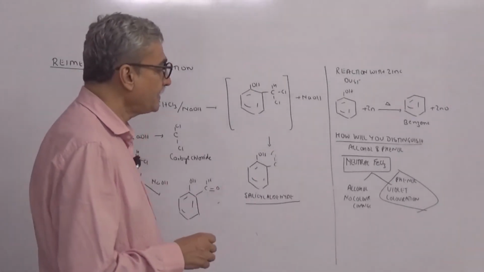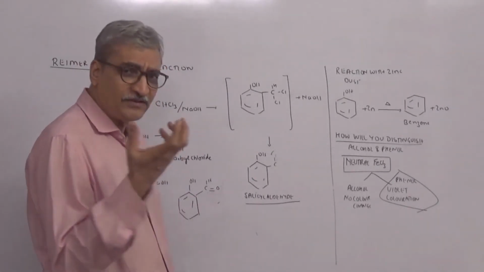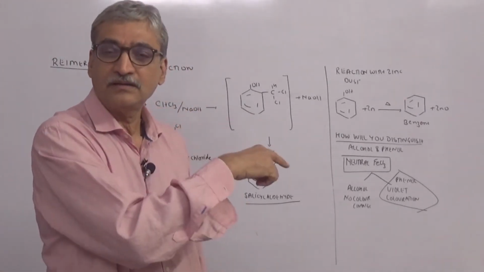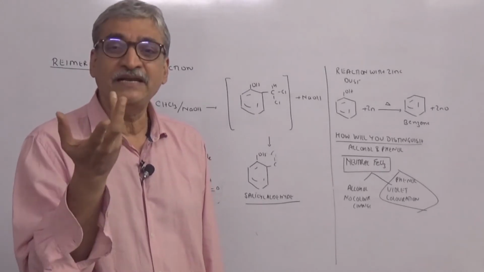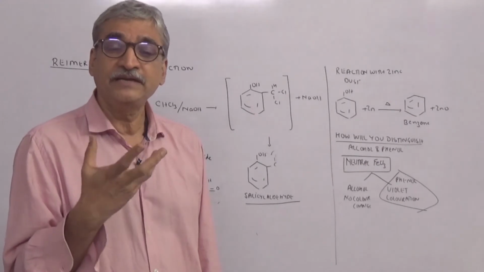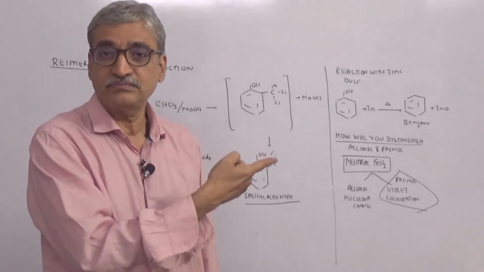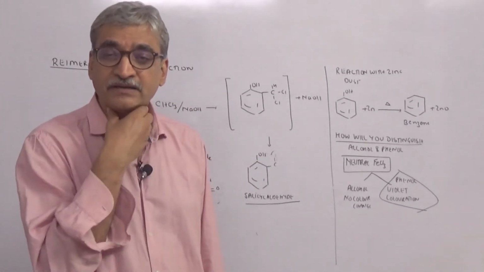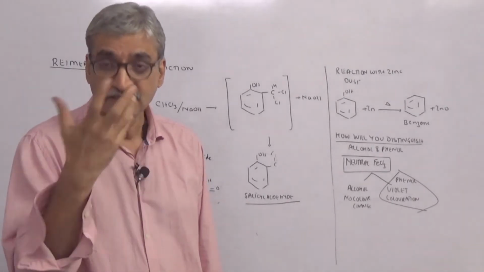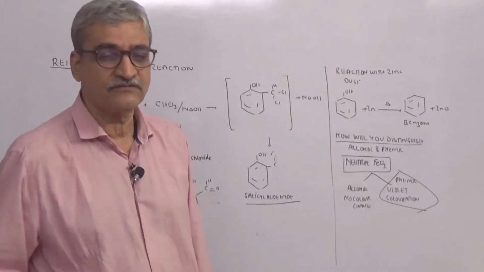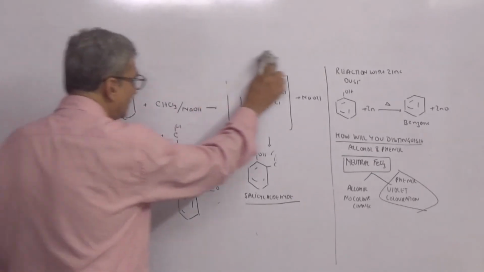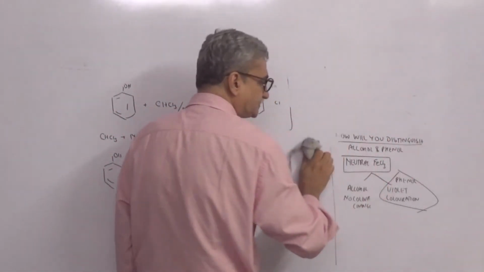So apart from the fact that phenols are flaky and phenols have a carbolic odor, those are physical tests. When you smell it, you get a carbolic odor. Then phenols chemically give this. Then when you add bromine water, you get 2,4,6-tribromophenol, which is a white precipitate. So there are many tests that we have to use to confirm that this is phenol. Is this clear? So with this we have finished phenol. Let us start with ethers.